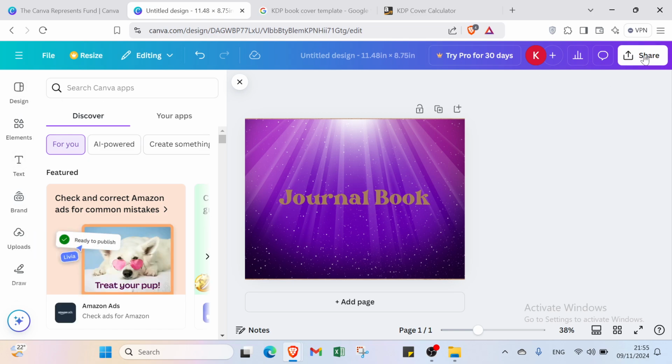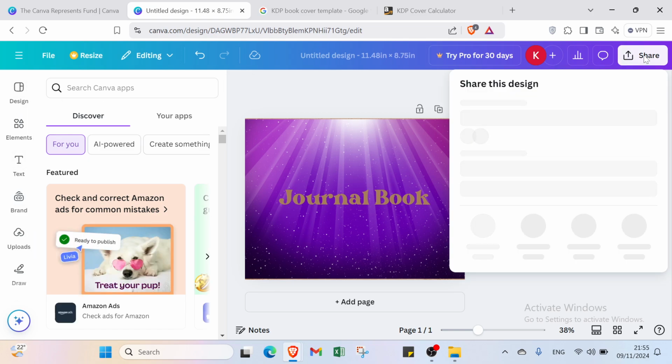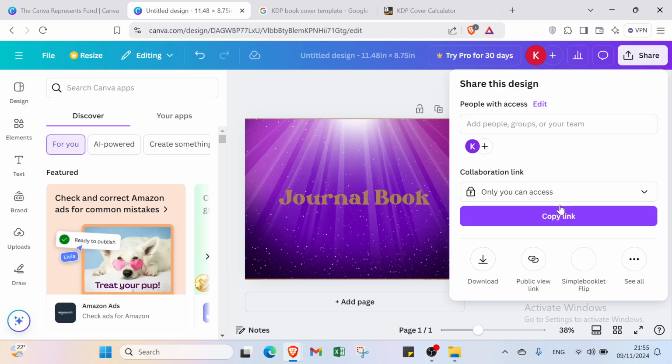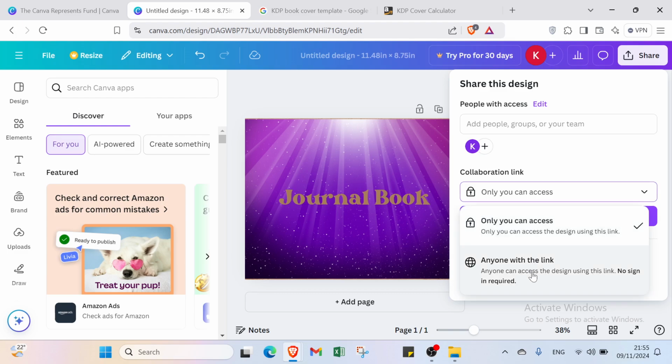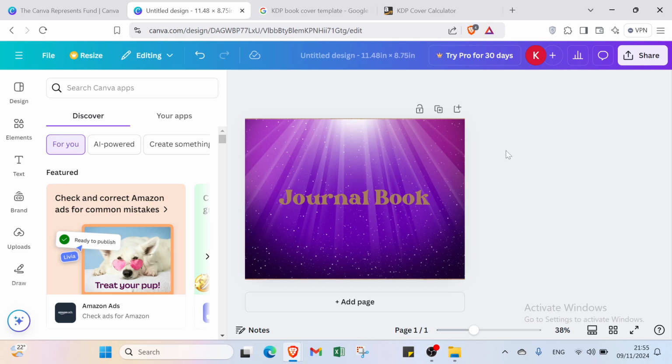Right now you have just to click over share in the top right, and you have just to download it and you share it with your friends. You can also here make it so anyone can access the design using this link. No design is required as well. I've just went out to get started as soon as possible with this one, and this is it for this